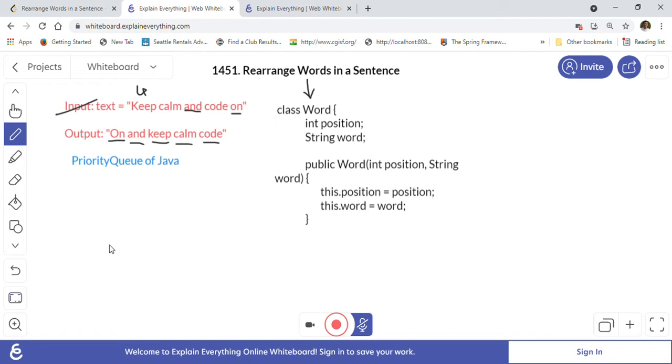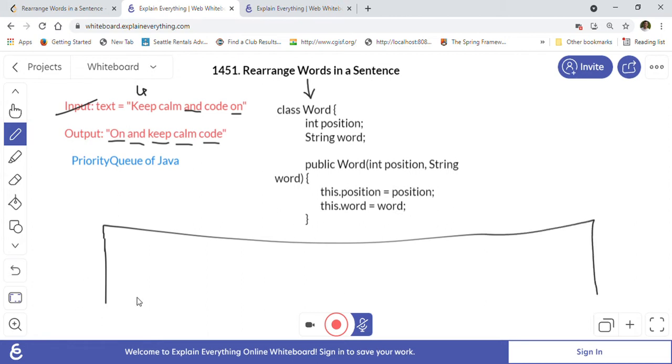Okay, so let's just assume that this is our priority queue. We will put the words here into this priority queue, and the priority queue has the front. So this is the front of the queue, and this is the rear of the queue. As you can see, the comparator that we are going to write for the priority queue is based on length and based on their initial order, right?